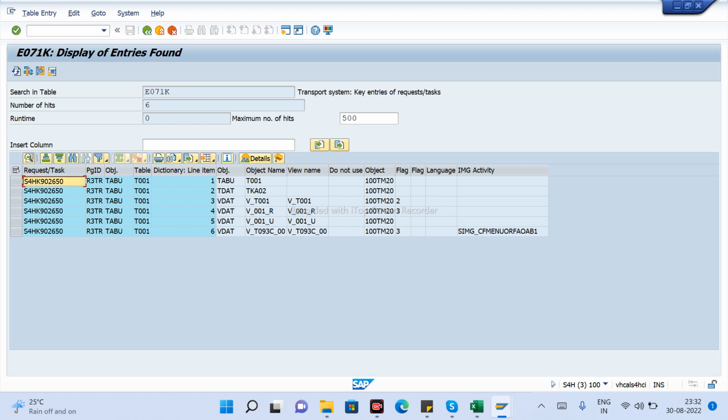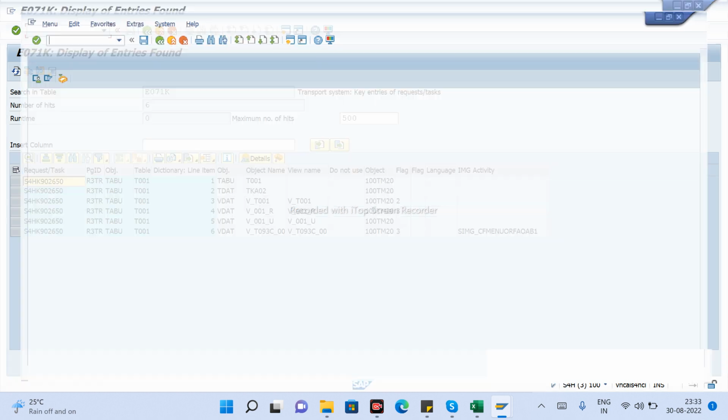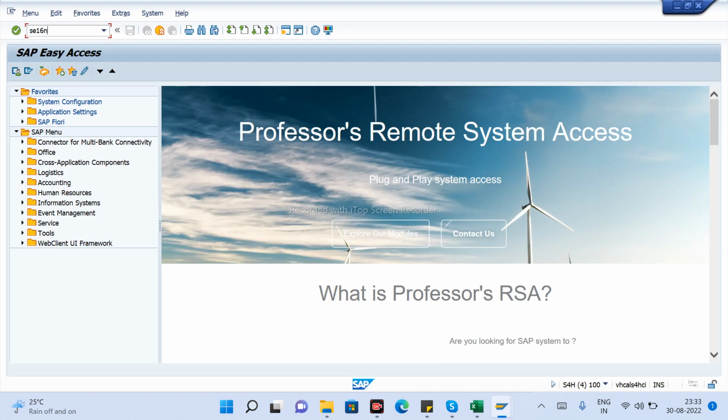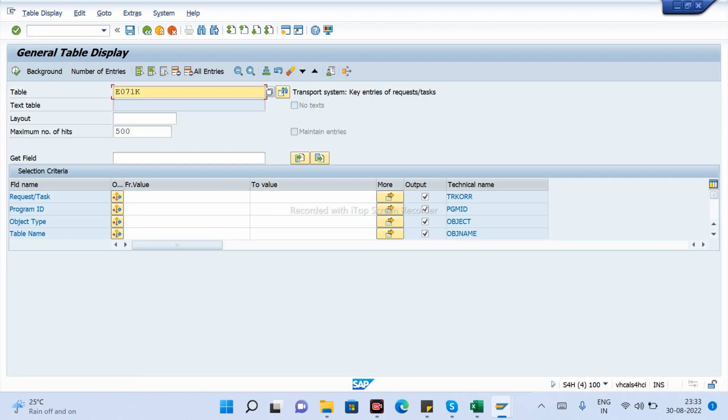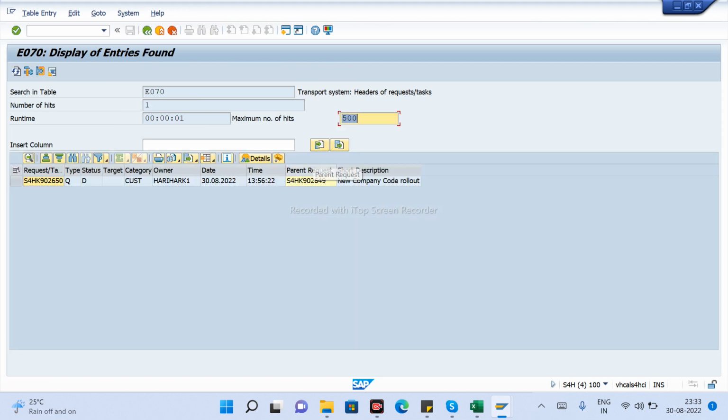Once you know the task, you can easily find out the TR number. If you still want to know the main TR number, then go to table E07. You can give the task here and execute, so you can know this.